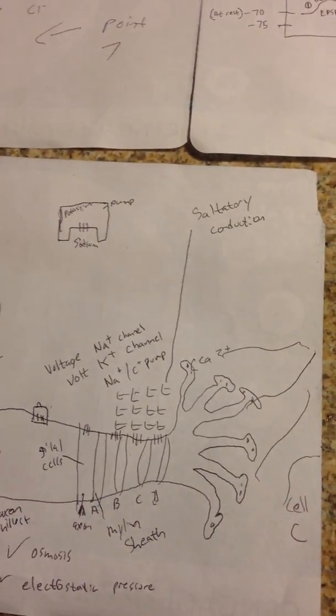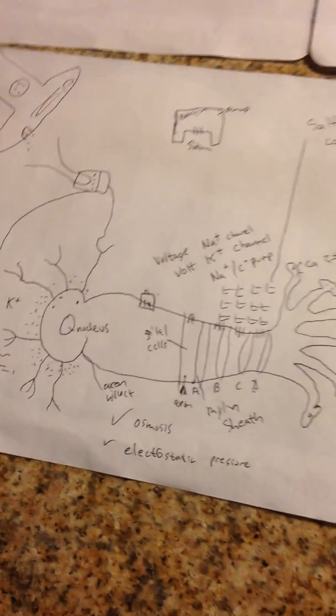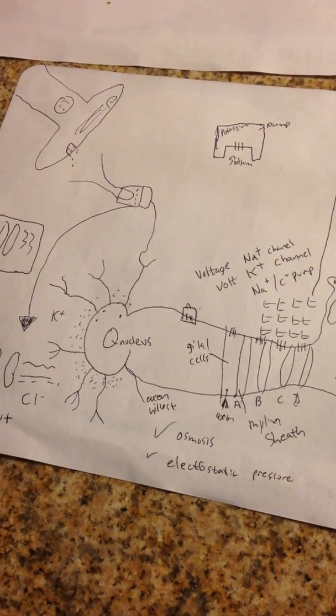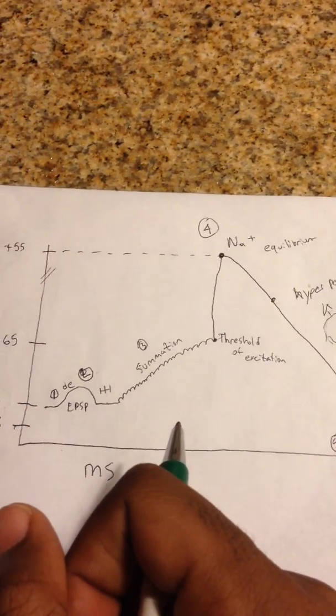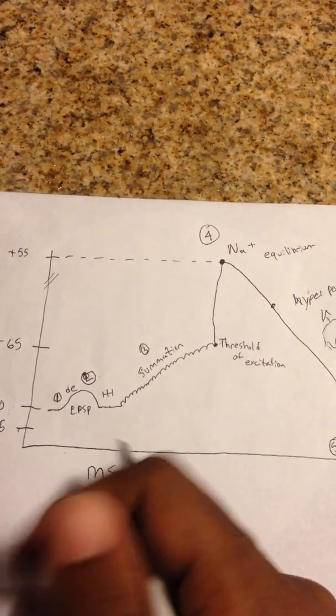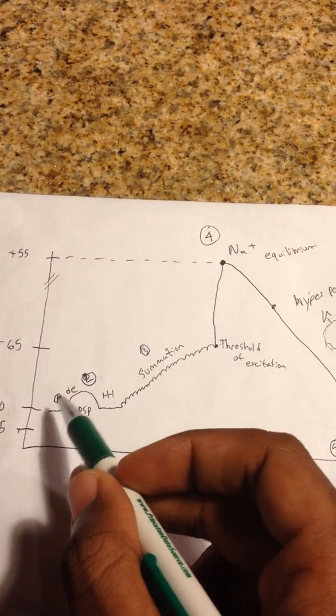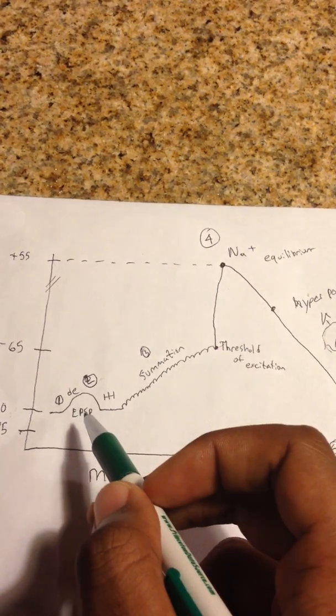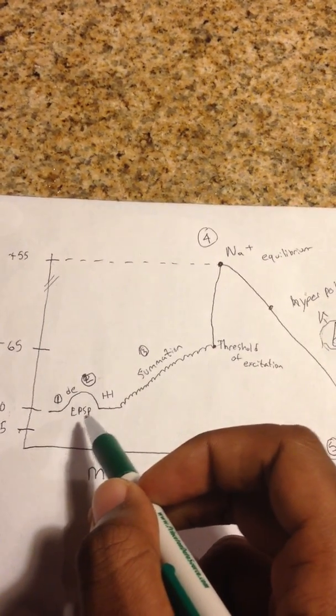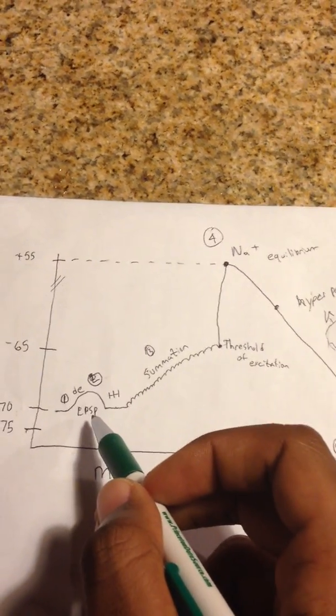And inside the cell has a negative change, but a positive effect. Okay? And on the oscilloscope, this attraction is shown short of depolarization. It's right here, number 1. And it is referred to as EPSP, it's down here, which stands for excitatory postsynaptic potential, which is labeled right